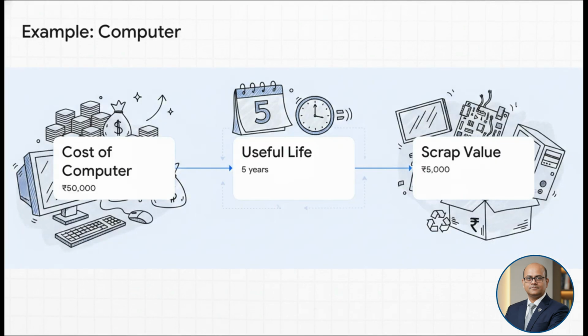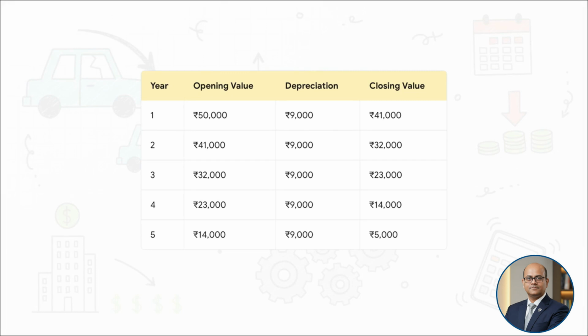Let us take one example to make this crystal clear. Imagine our school buys a new computer, okay? The cost is 50,000 rupees. We think we can use this computer for 5 years. After 5 years, we can probably sell its old parts for about 5,000 rupees. This is our scrap value. Now, if we use our formula, that is 50,000 minus 5,000 divided by 5, we get a depreciation of 9,000